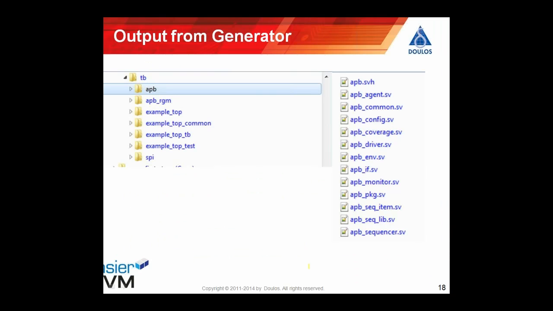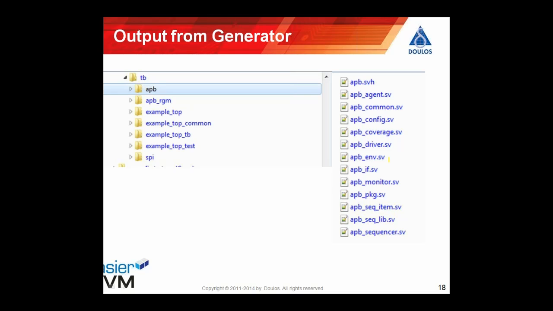Generator outputs the code for sequencers, drivers, monitors, coverage collectors, agents, environments, top-level environments to integrate lower-level environments, top-level tests, a top-level module to instantiate all the individual interfaces that are also generated automatically, and, getting more significant now, the register layer. So the code generator doesn't actually generate the register layer. You need a generator to generate the register layer, but then the code generator will integrate that in with the rest of the generated code, and also generate a complete set of